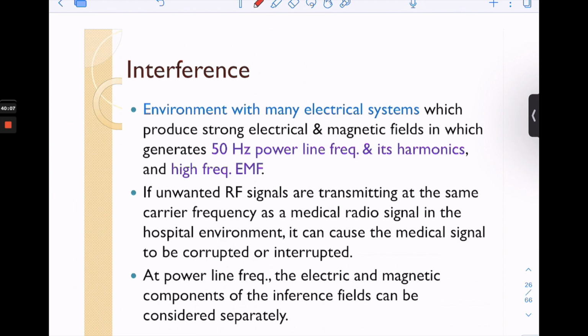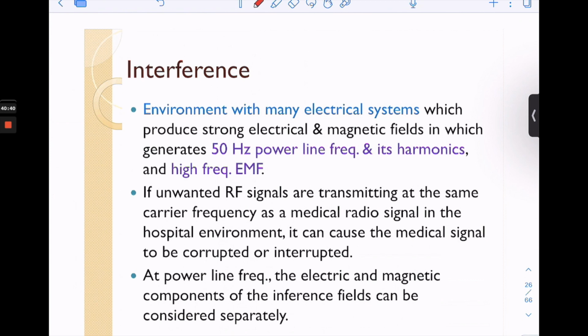One is the hospital power line frequency, and the other one is not the normal power line frequency, normal source power. So there will be isolation between the normal use for devices and the other one used for